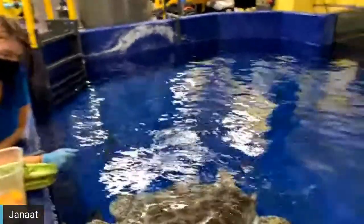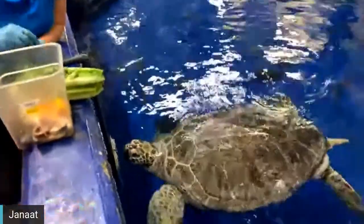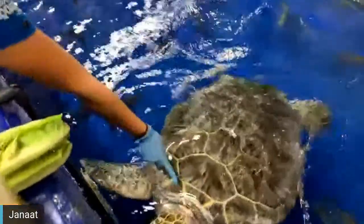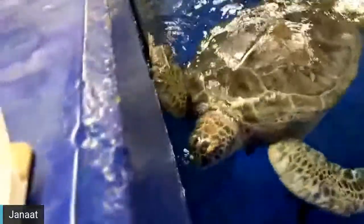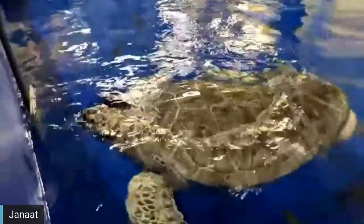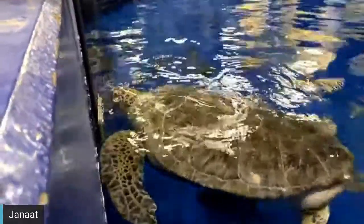Now, here at the aquarium, we actually have 2 green sea turtles. We have Spot, and like mentioned, this is our beautiful girl over here, Spot. She's very easy to tell apart because she has a little pink spot on her neck. So you can see that Haley's going to be pointing out. The other green sea turtle in this tank is called Chewy. Chewy gets her name because she loves to chew on everything, and given a chance, she will. If you ever get a chance to see Chewy and Spot together, Spot's slightly bigger than Chewy, so she's very